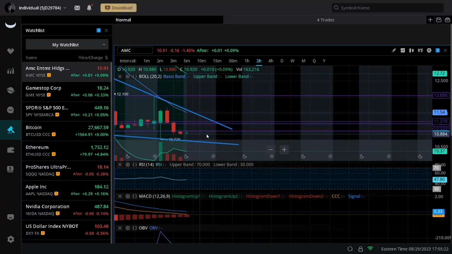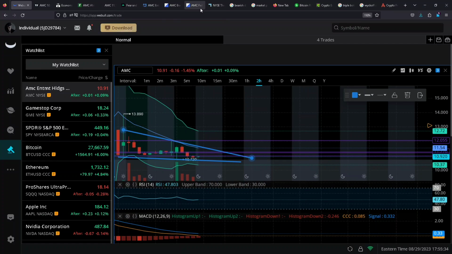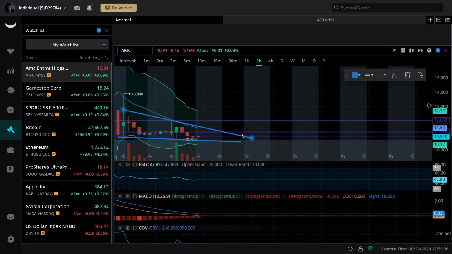Basically, I think $10 is going to be the bottom for AMC. It looks like we might have to retest like $10.60, but I think $10, even $10.50, is going to be the bottom for AMC. But be prepared for anything, because they do have all of those shares, and they're going to try to shake us out. You literally just have to know what you hold. With AMC, the price is not real, okay? You have to know what you hold. It's psychological manipulation, and that's all I can tell you guys.